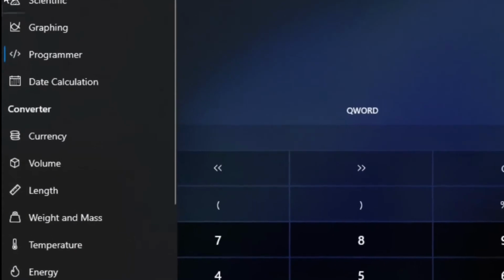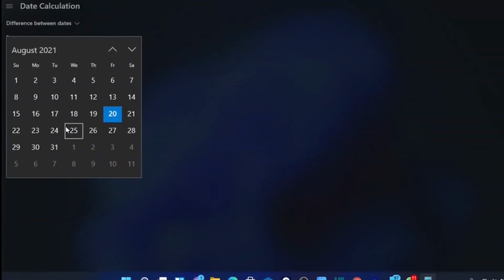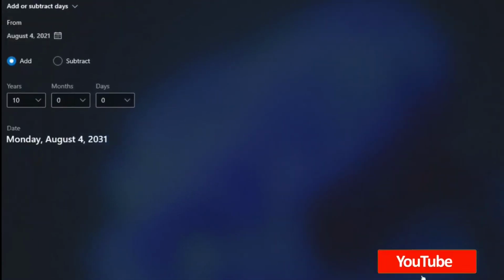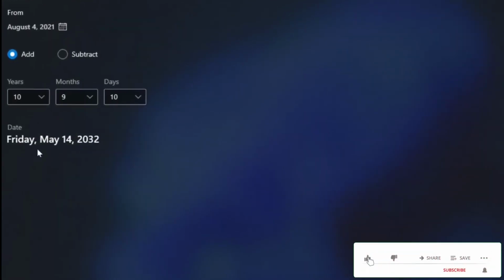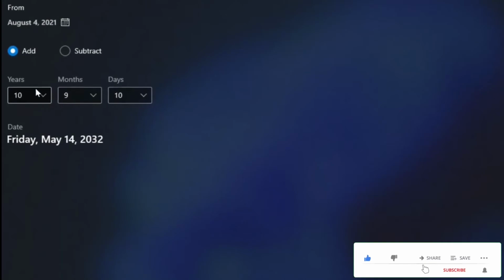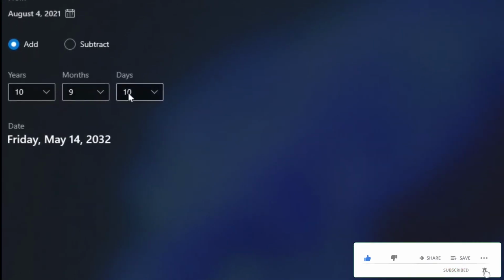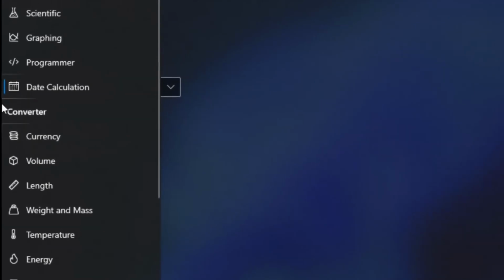There is also the date calculation, where you can do the date differences and get the differences. You can see the differences provided here. There's also addition of dates. You can add dates, and you can see from around here I have different tabulations. After I key in the number of years, months and days, this is what will come out of it. I also have the converter.